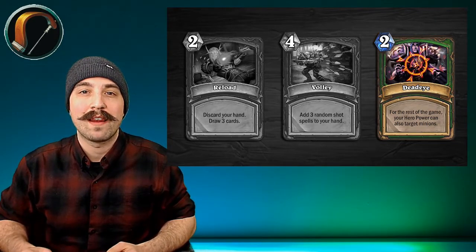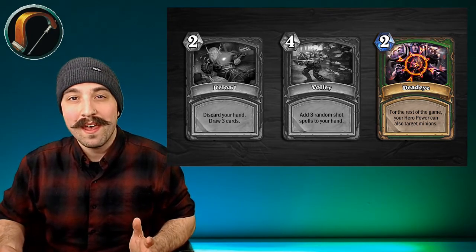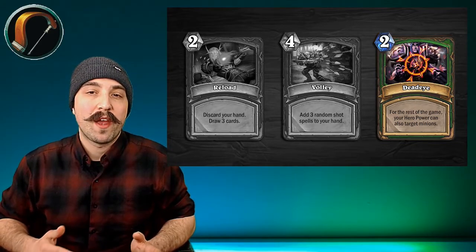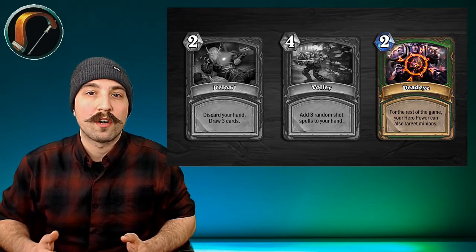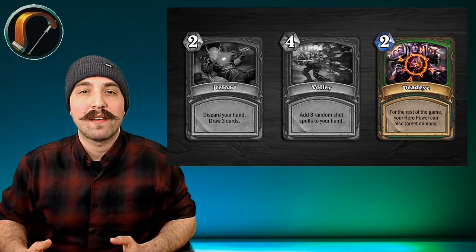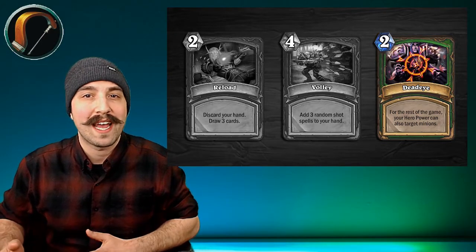I think that's the main thing about this card: if you get it late game, it's kind of meh, because you're probably going face anyways, but it might still be good in case you need to do that extra 1 or 2 damage on a minion. But I think the play with this is you really want to mulligan for it. You want to get it early so that the first couple of turns, if you don't have any answers,